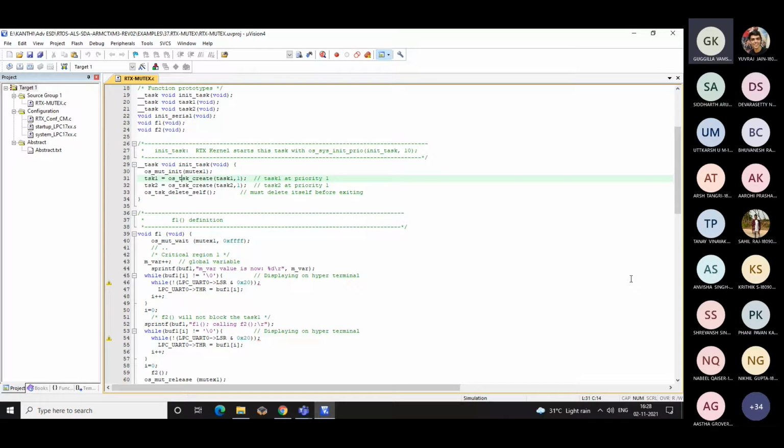The task which holds the key, till it holds it, the other task cannot make use of the resource. This means the process which enters into the critical section.